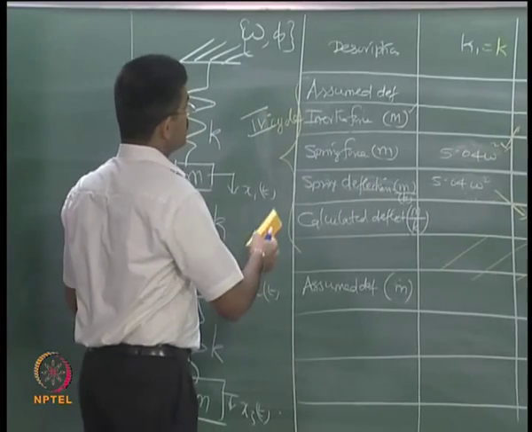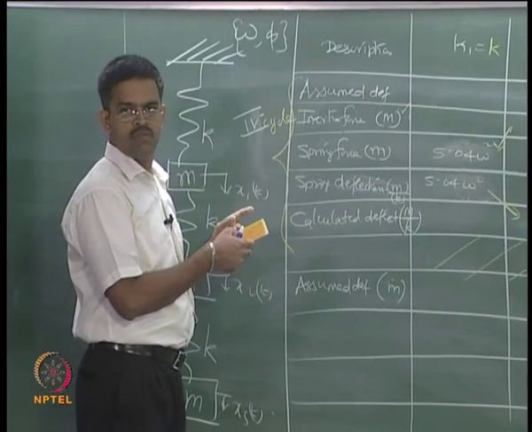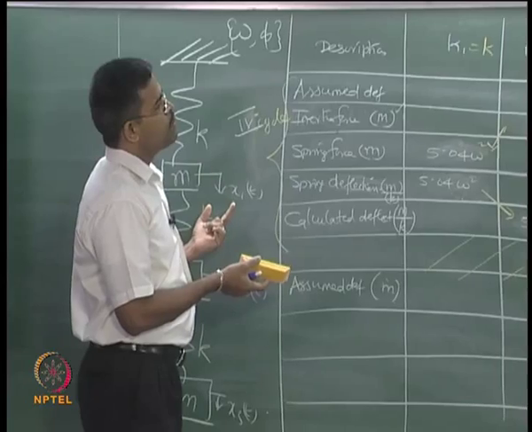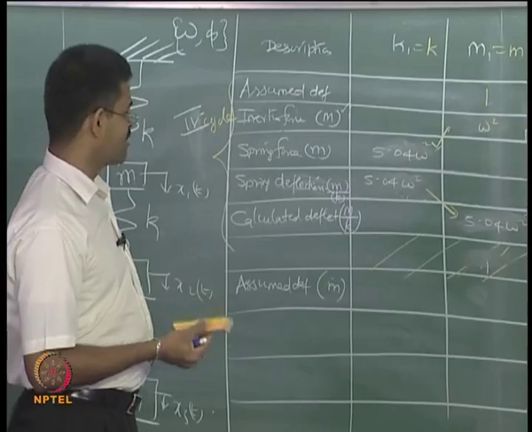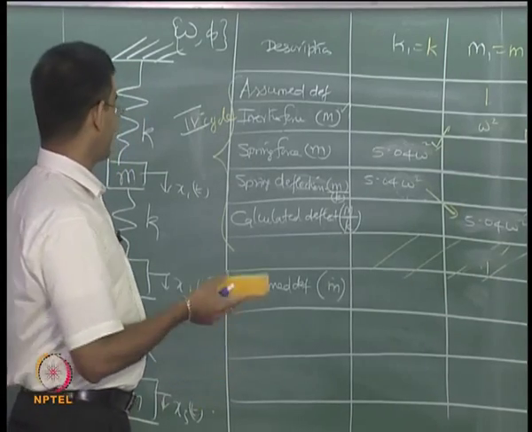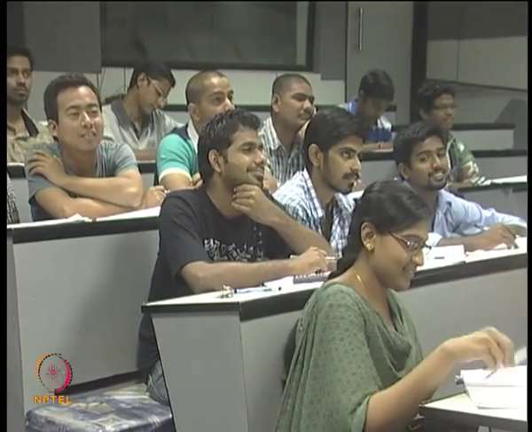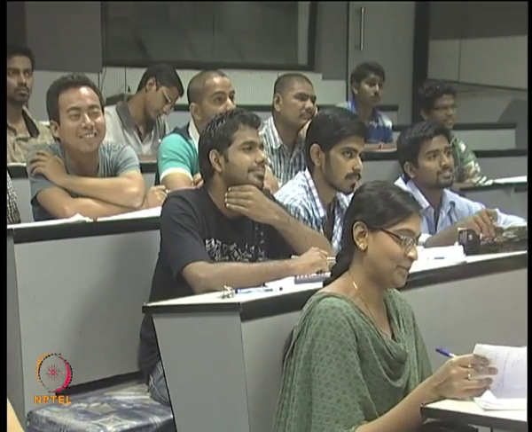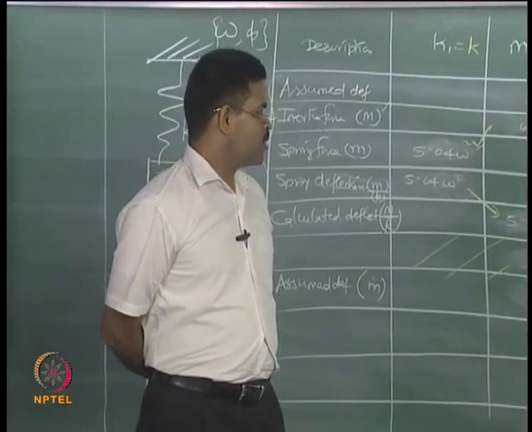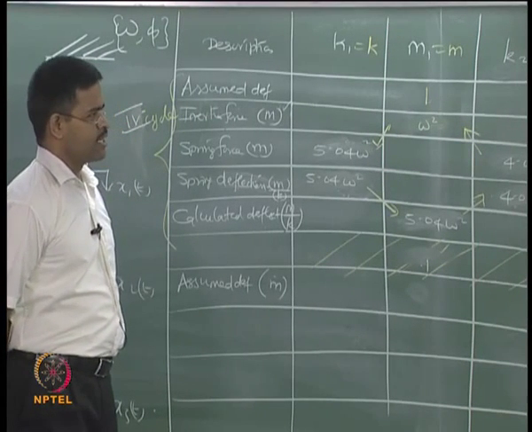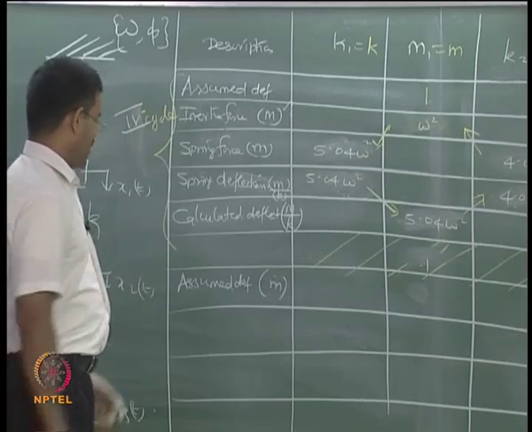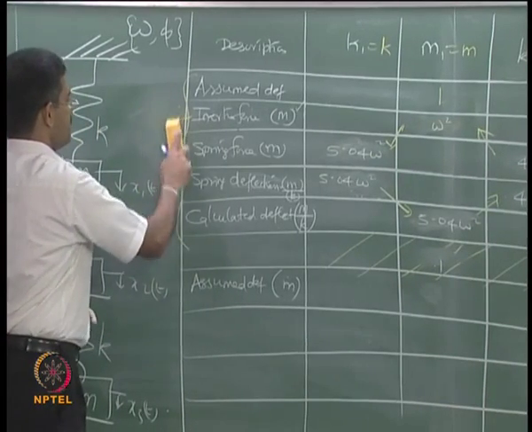So now I will remove this. Are there any questions here for this method? It is interesting and surprising how people are able to understand this in one single shot, I do not know, but still if it is understood I think it is very good. If it is not understood also it is again very good, because as long as you have ambiguity in the class, then the teacher's value will keep on increasing, right. Let it be there. You should not understand all of them, because in one shot you cannot understand all of them. I do not know whether you have understood or you are simply shaking your head. Anyway, I will take it for granted that you have understood.